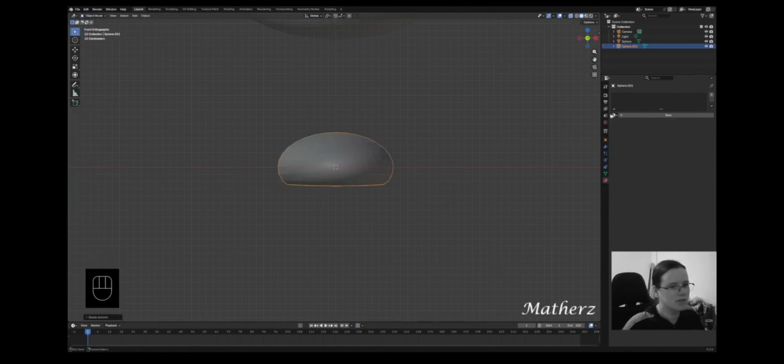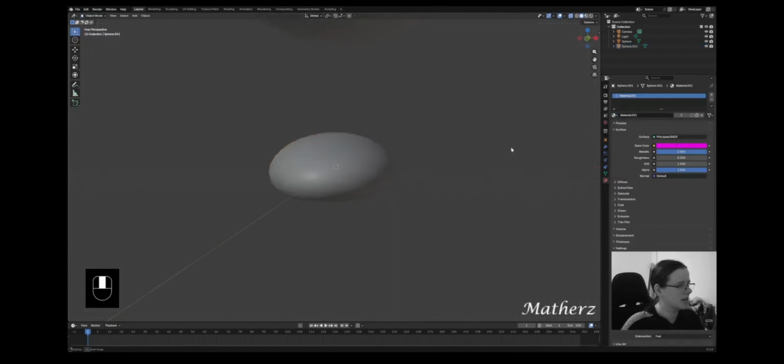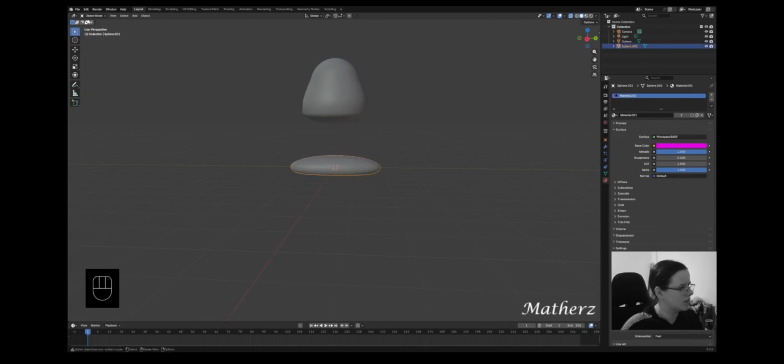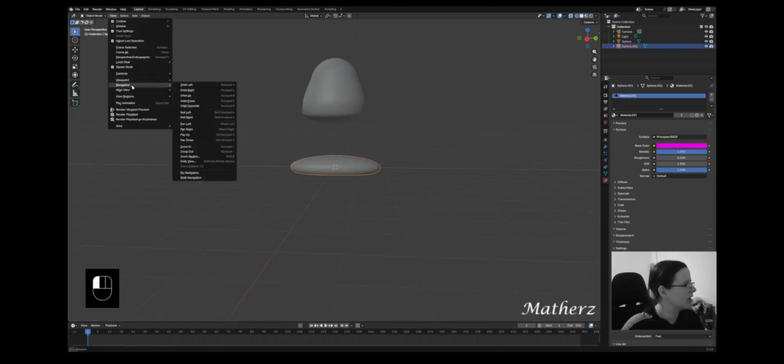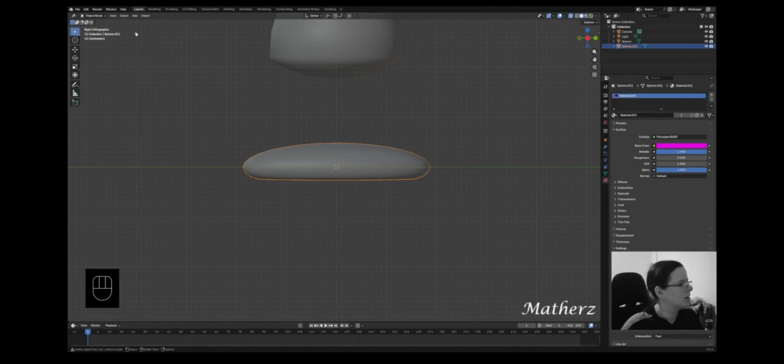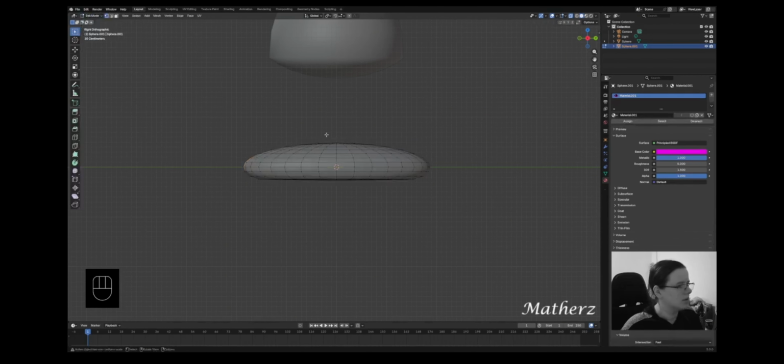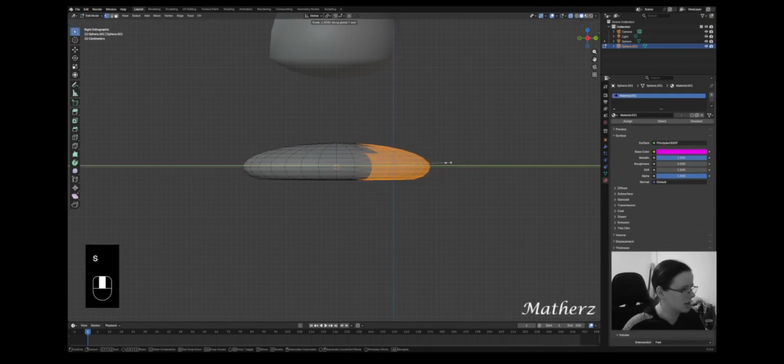Right click, shade smooth, you want to go with the same pink. And then I'm going to go ahead and take the end right here, so let's go with view, and we could go with viewpoint and right. Let's go with edit mode. I'm going to go ahead and take all of these on the side and kind of just squish them in